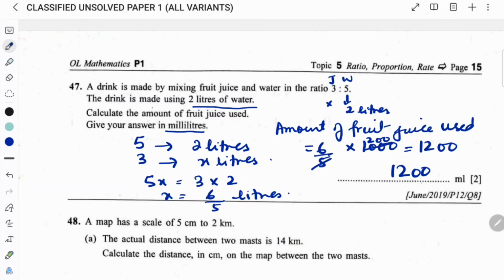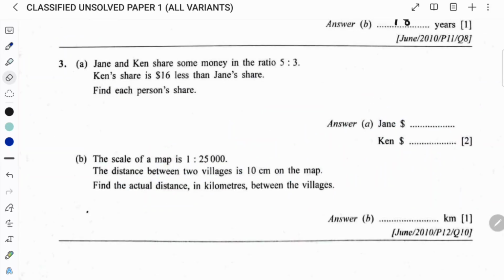Alright, after doing the questions of distance, time, speed, and lots of ratio questions and rate questions, we are going to do some questions of scales and maps. Starting the questions of scales and maps. Remember, we have done 3A part already. For B part, it's a scales and map question.